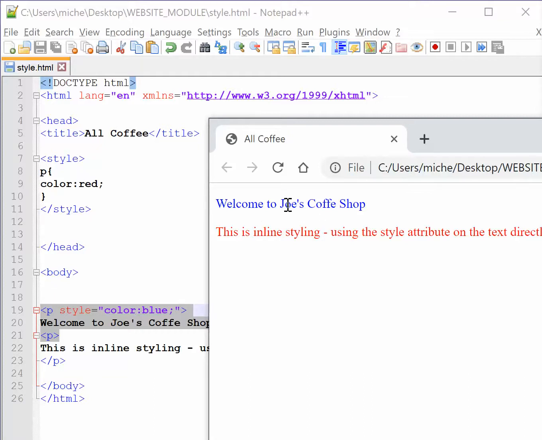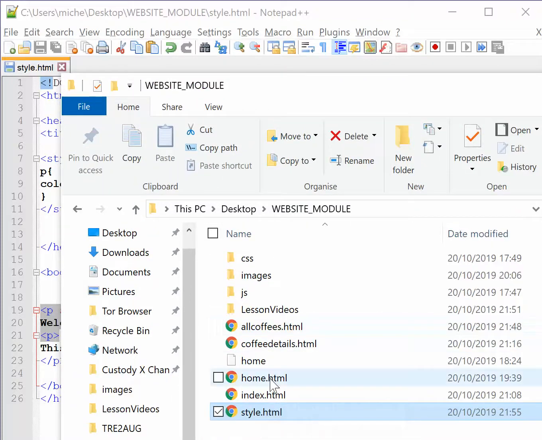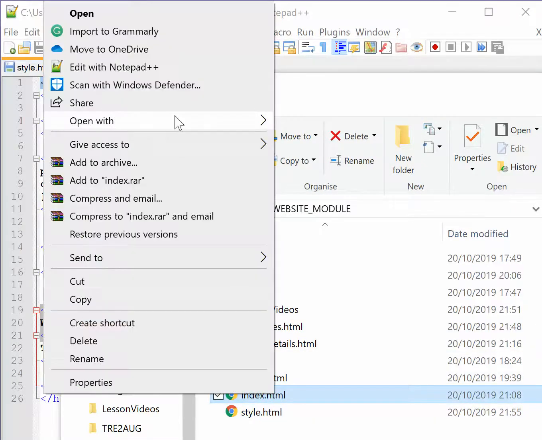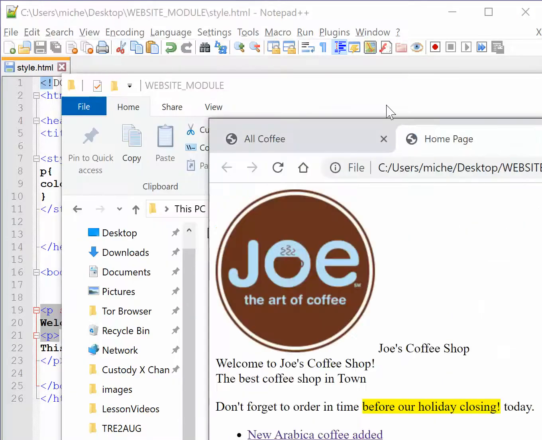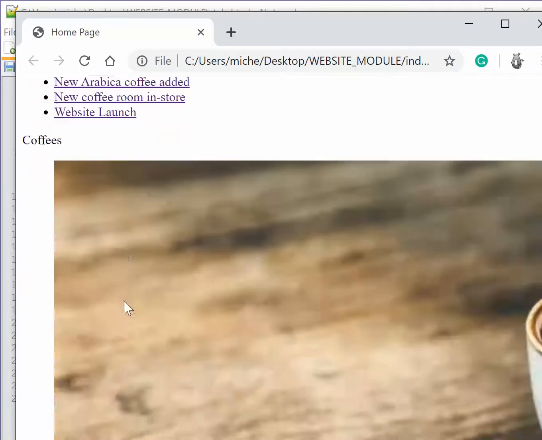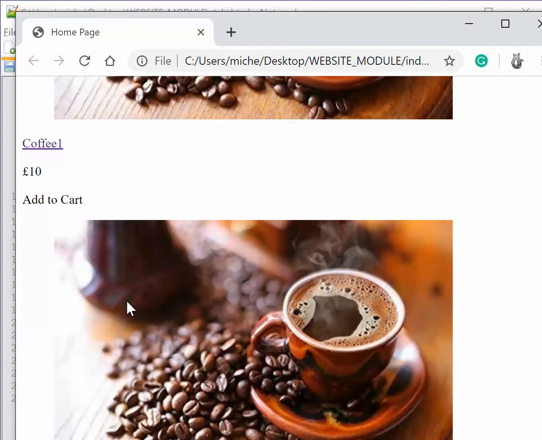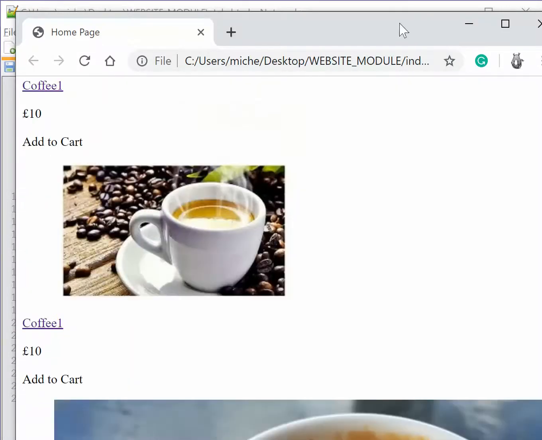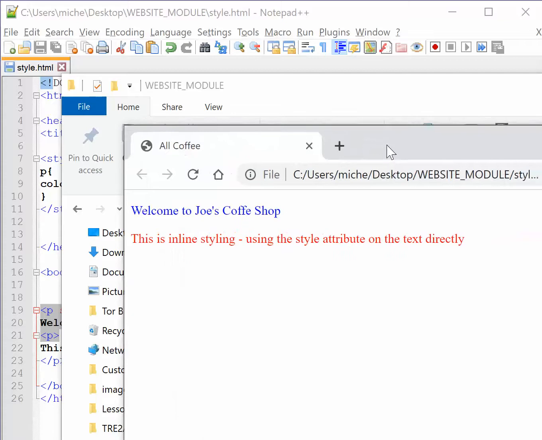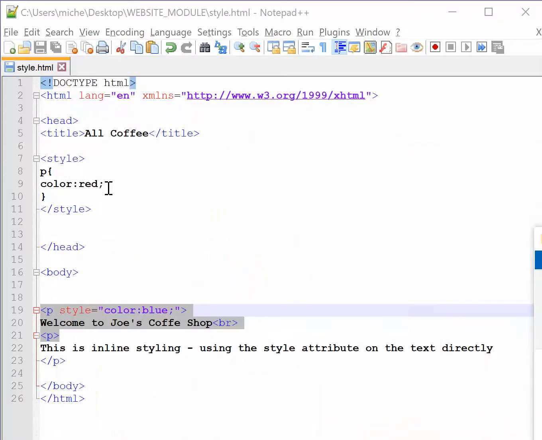But if I open another document in the same website, so basically all the files in this folder, they won't have those styles implemented. So let's have a look at index.html, for example. That won't be there. Do you see? So the paragraph text is not red, and the inline style that I've put elsewhere just isn't there. Okay? So essentially what I'm saying is it's better to add a style sheet to your websites,